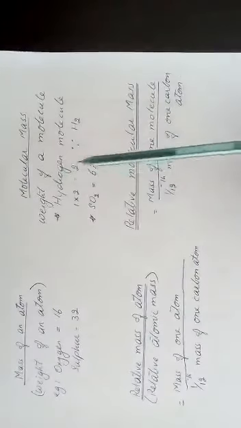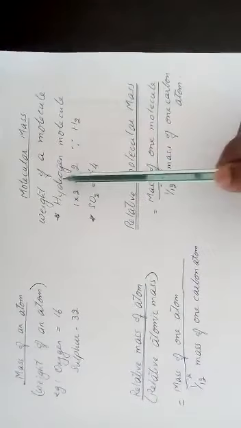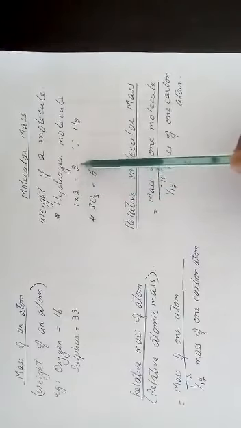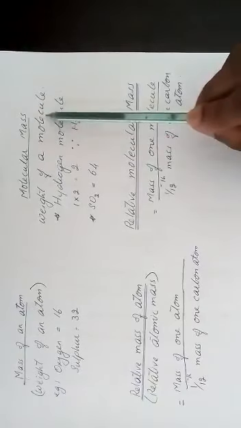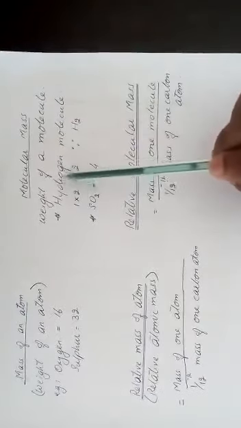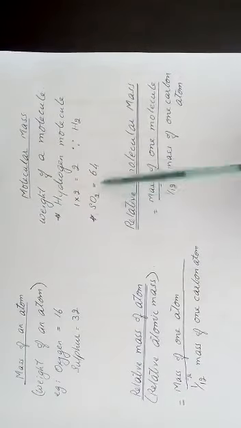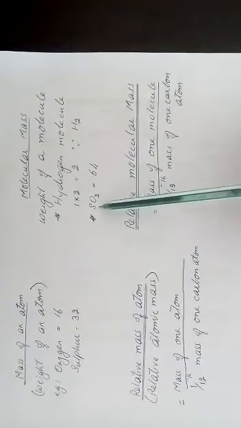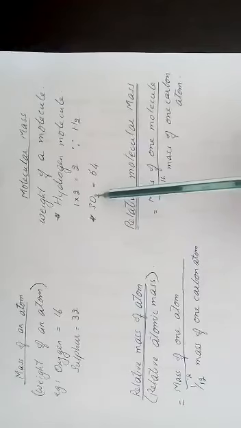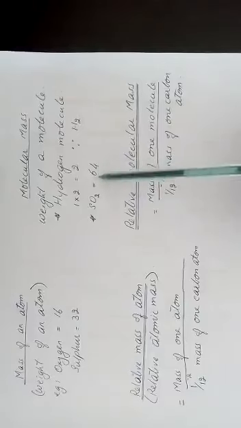The weight of a molecule is nothing but, for example, the hydrogen molecule, where we calculate it as 1 into 2, which is written as 2, because hydrogen is always written in a molecular form. A molecule is a substance in which two atoms of the same type are combined. A molecule can also be a substance with two different atoms combined. When we take the example of sulfur dioxide, the mass of sulfur is 32, the mass of oxygen is 16 into 2, that is again 32. So 32 plus 32 gives you 64 as your answer.